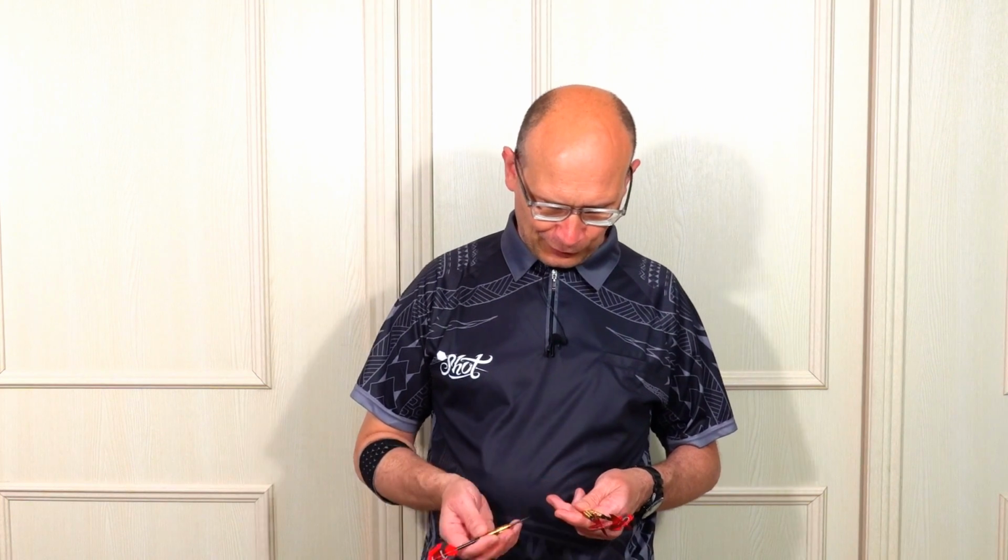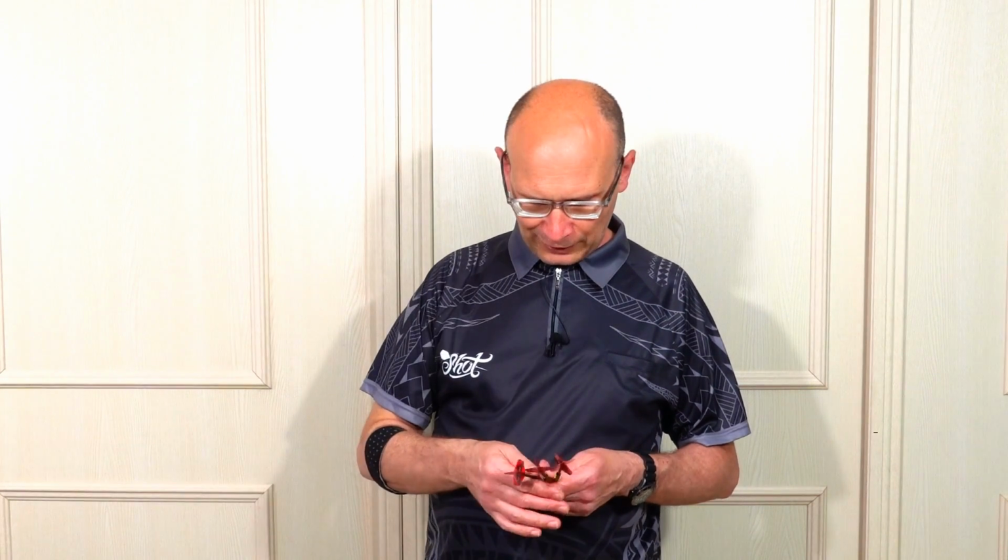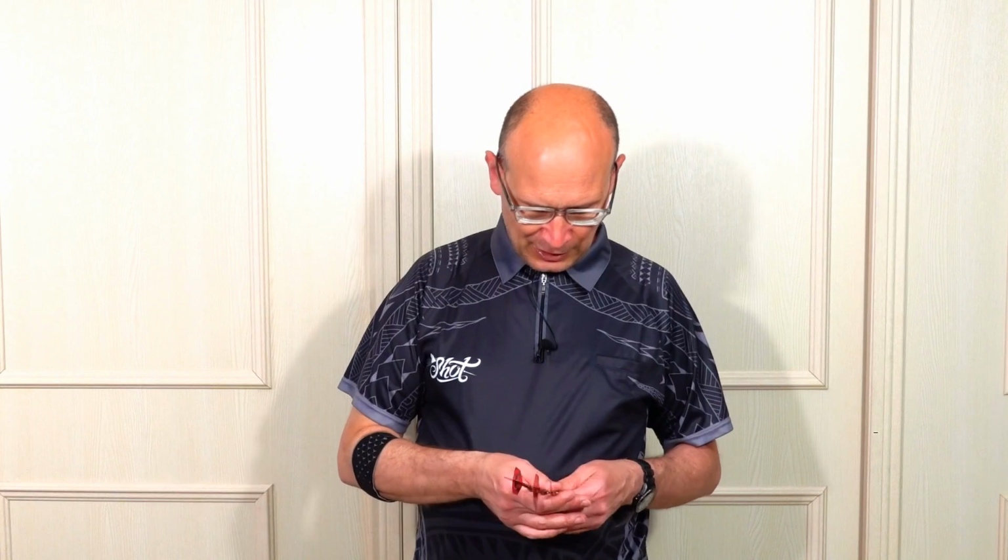But I think in terms of the balance, it's going to be best for front grippers. But like I've mentioned before, quite a lot of rear grippers like a front weighted style. So if you do, it does feel quite a nice one for that as well. And it had quite a nice flight arc to it, but also that's the way I throw it as well. But yeah, I think it's definitely going to be another one that I'm looking forward to trying properly when I